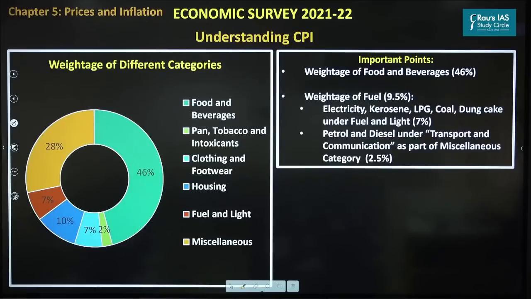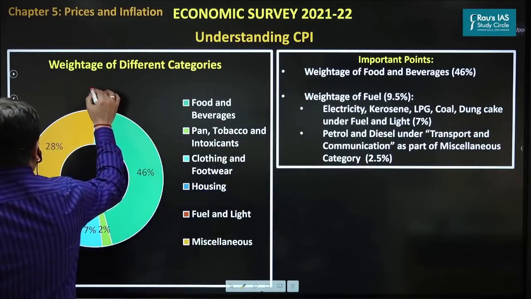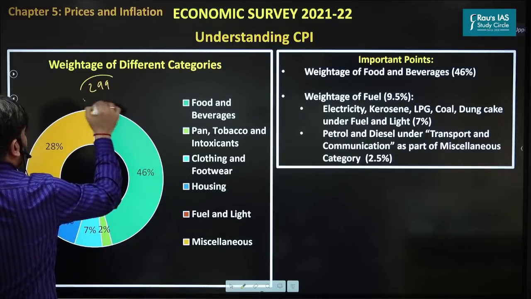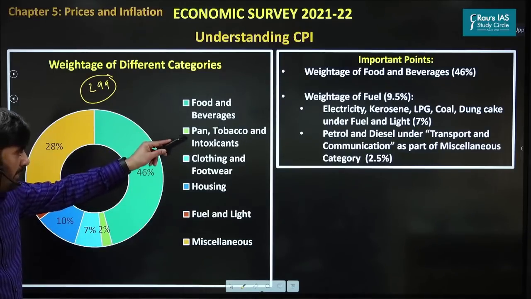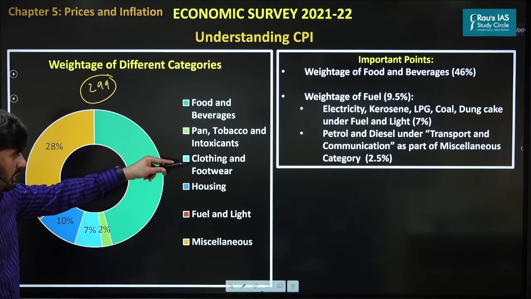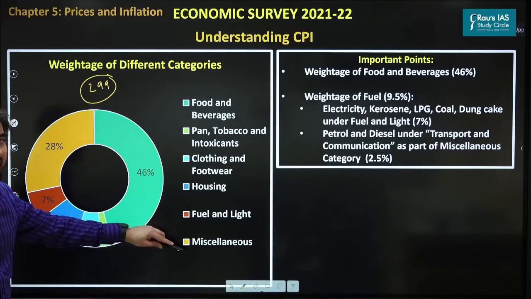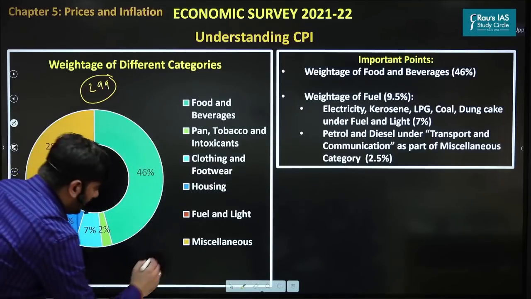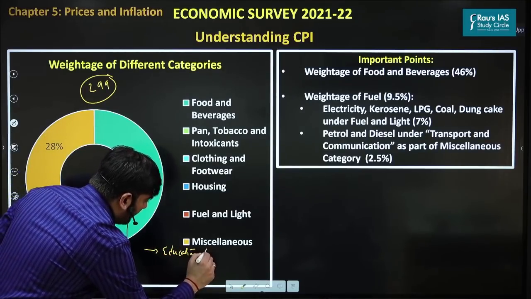CPI. Can you see here the CPI, Consumer Price Index? As I said, the Consumer Price Index measures inflation in almost 299 commodities. So broadly, it measures inflation in food and beverages, pan, tobacco and intoxicants, clothing and footwear, housing, fuel and light, and the miscellaneous category. In the miscellaneous category, we have education, healthcare,